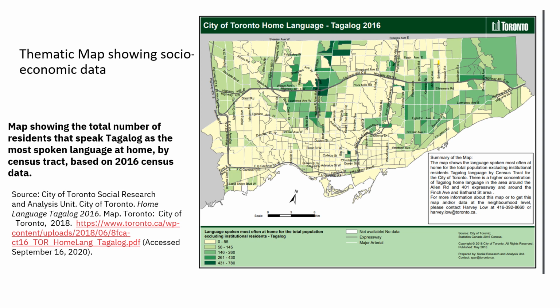The information that's mapped on top of each census tract is socioeconomic data, and more specifically, the number of households where the language of Tagalog is spoken in the home. The data are from the 2016 Census of Population by Statistics Canada, which are then mapped onto a base map of Toronto. This thematic map displays the concentration of Tagalog speakers in Toronto, with the dark green patches indicating the highest concentration. This map is a static map that is available online in PDF format.